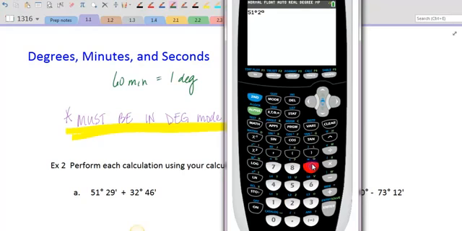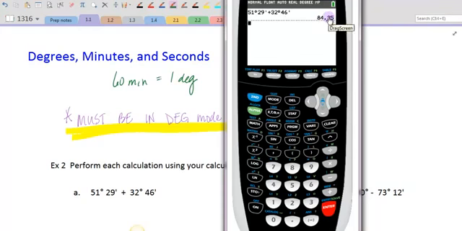So I say 29. I need to go back and tell it, so I hit second apps, that I need to choose option number 2. So I have 51 degrees 29 minutes. I'm going to add that to 32 degrees. So again, I go second apps, choose option 1, 46 minutes, second apps, number 2, we hit enter, and it gives me the value back in